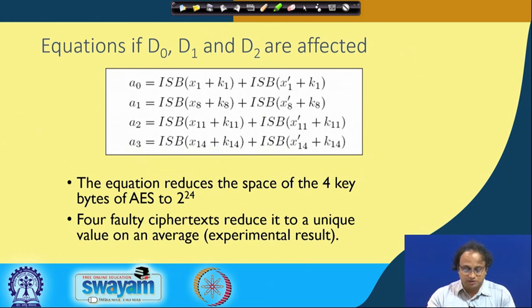Okay, so for example, here what I can do is take 4 faulty ciphertexts and try to intersect them, and apparently in that case I get a unique value for this key quartet. But at the same time, with a single fault injection, I would have (2^24)^4, that is 2^96, as my key size, which is quite big, but at the same time it is less than 2^120. So theoretically it's an attack, but it may not be very practical with a single fault injection.